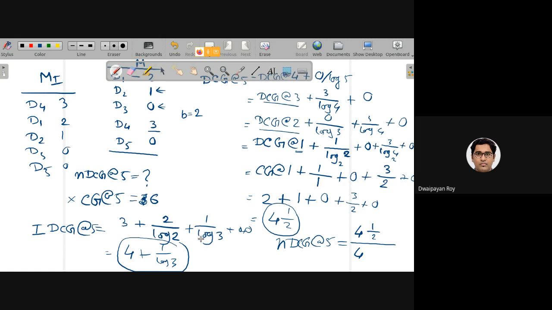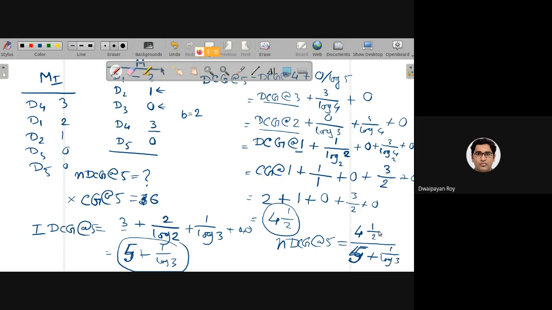So any question up to this? Oh, I have made a mistake here. I think this will be 5, because 3 plus this is 2 by 1. That's why I'm getting some weird value here. It will be 5 plus 1 by log 3.